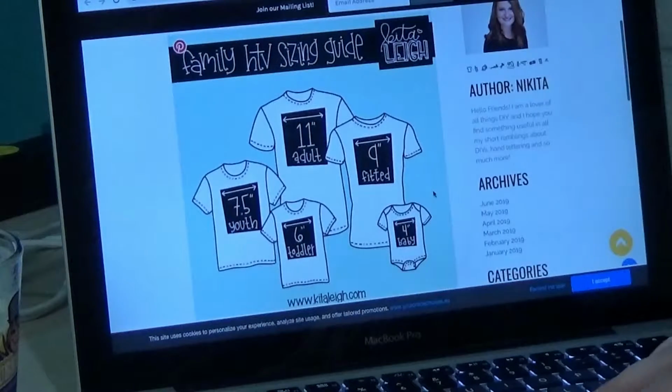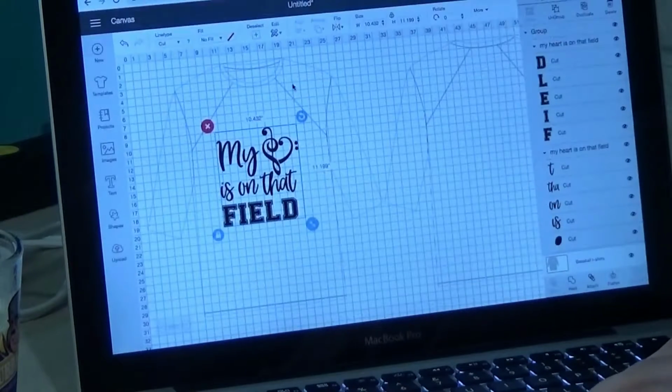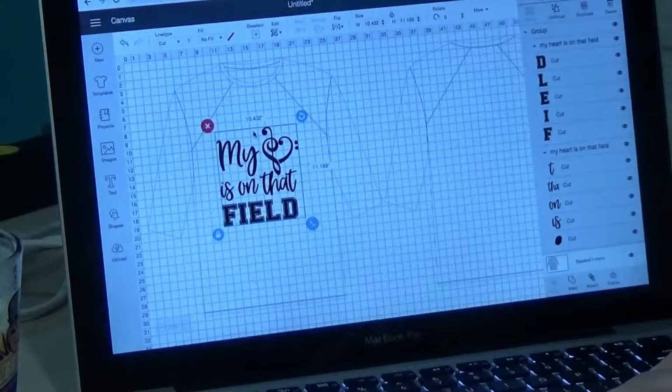So it looks like our item needs to be at least 11 inches wide. Now I'm cutting mine with two different colors, so I look like I'm at about 10.432 inches across here, and I'm at about 11.199 here, and I'm happy with that size. So I'm going to go ahead now,